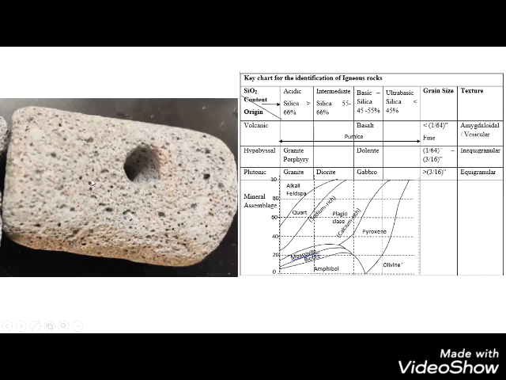How do you identify a pumice? When you hold pumice, it is very, very lightweight. Specific gravity is low over here. The specific gravity is so low that it can even float on water. Yes, a rock can also float on water. It is nothing but pumice.